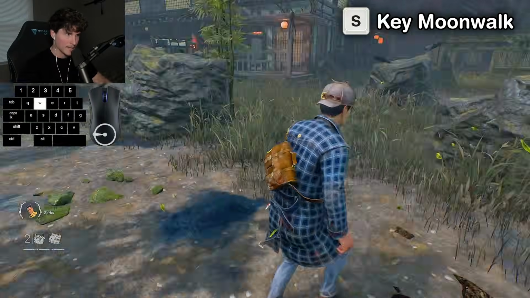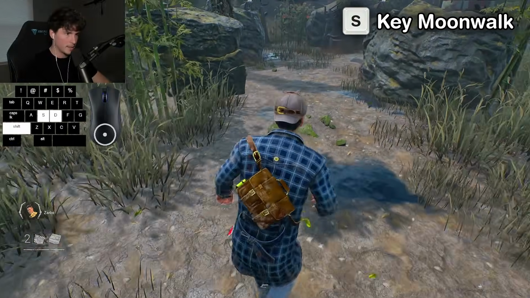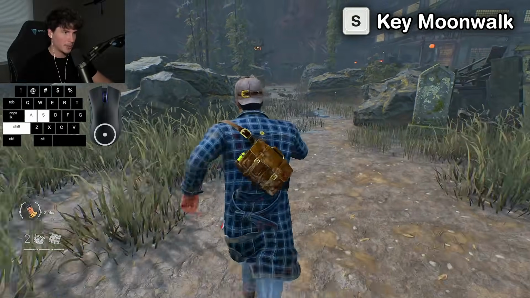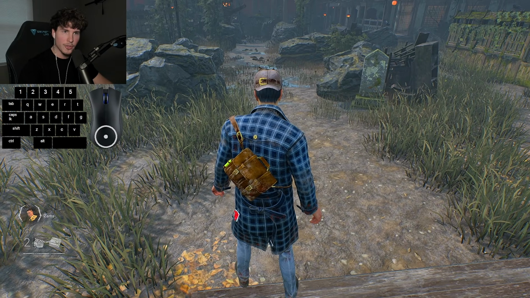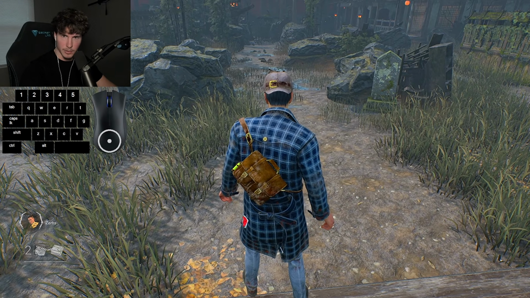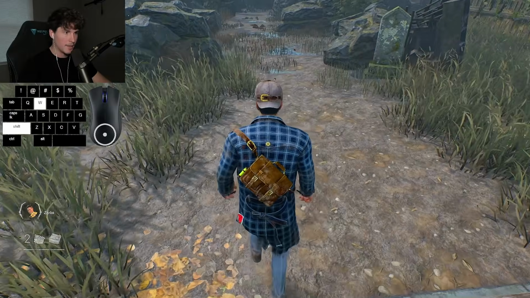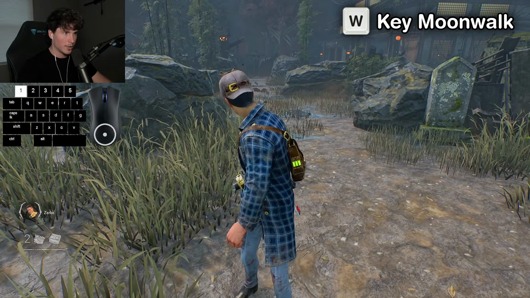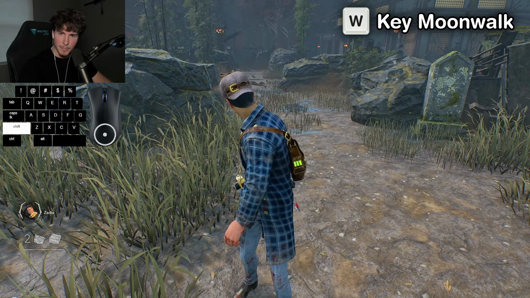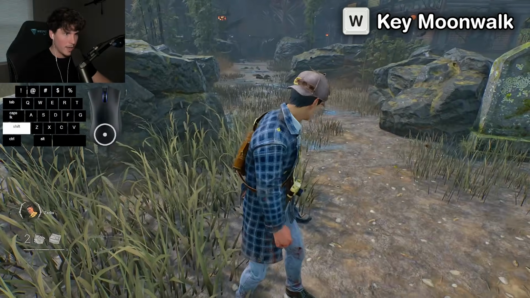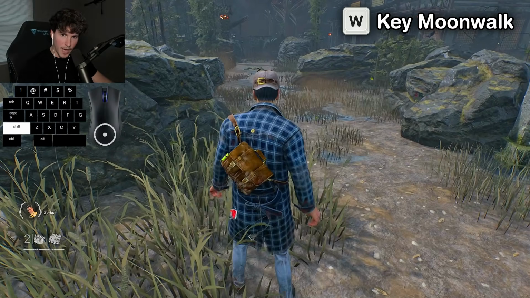There's also the S key moonwalk that looks like this, where you're backing up towards the camera, right? You're running towards the camera. So both start off very similarly. You start in a spin and you get yourself pointed in the proper direction. Now the W key moonwalk has you start looking towards the camera, and now it is just a balancing game between A and D. So you get yourself in a spin, WASD, bring it back to W,